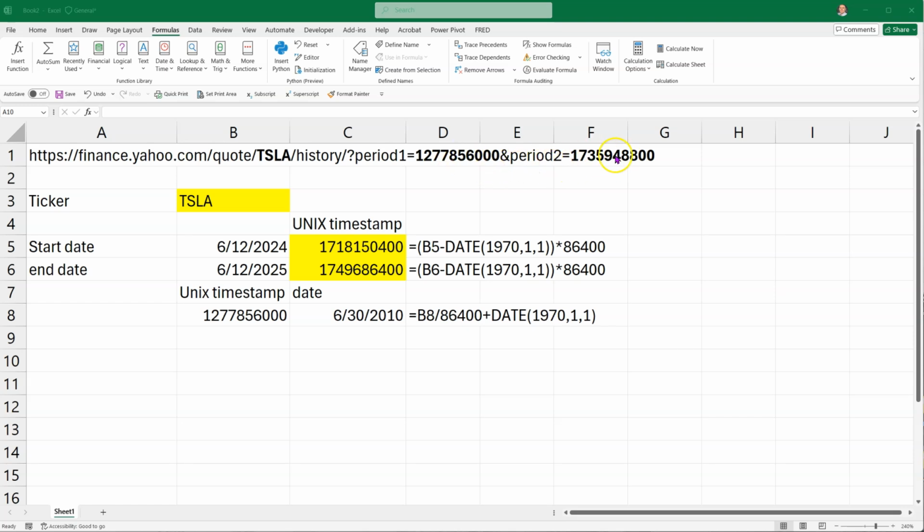This is the start date. This is the end date. And I want to change them to a different date, but I don't know what those numbers mean. Well, these are called UNIX dates. So if I wanted to know the UNIX date for